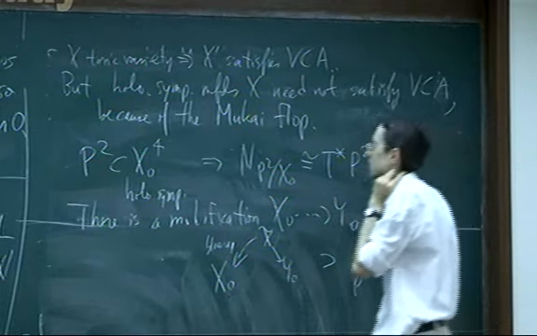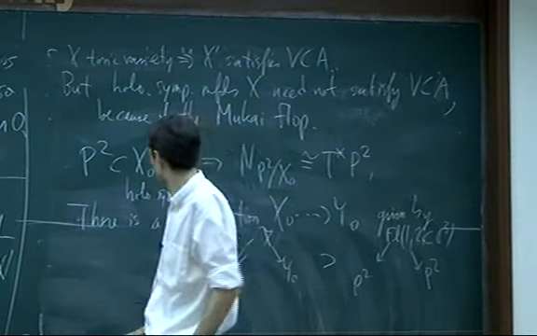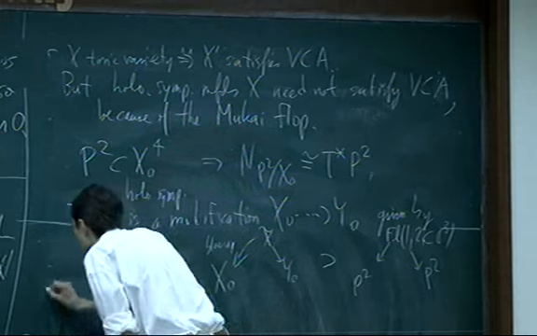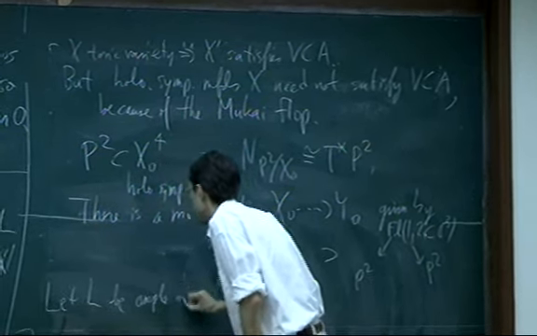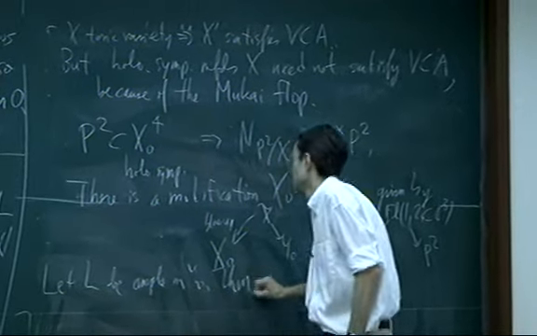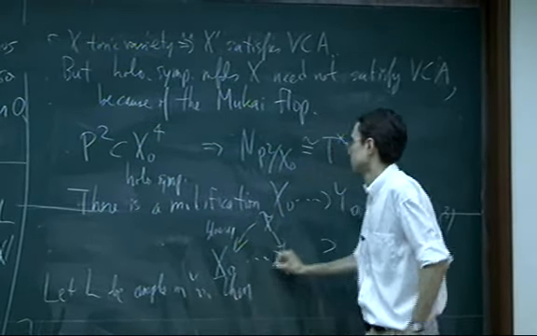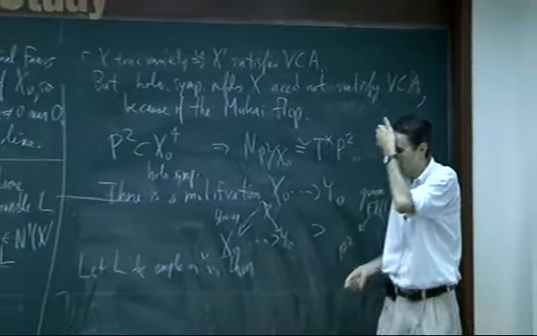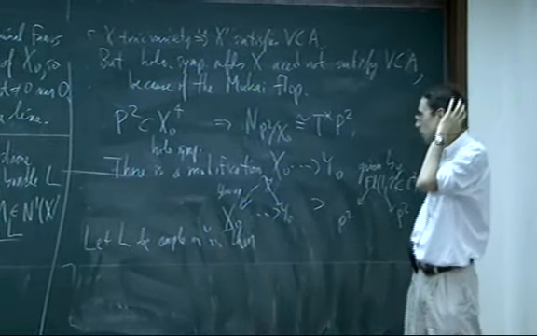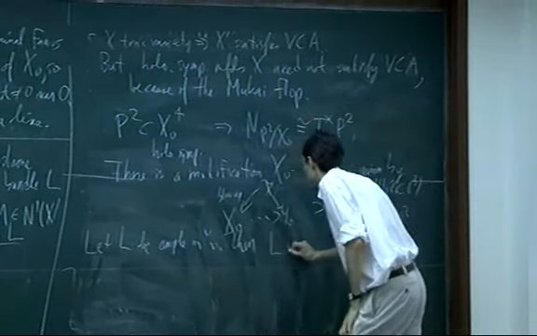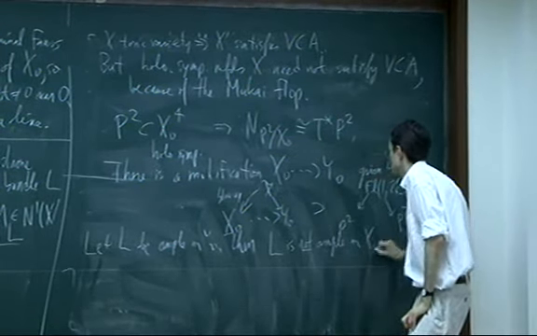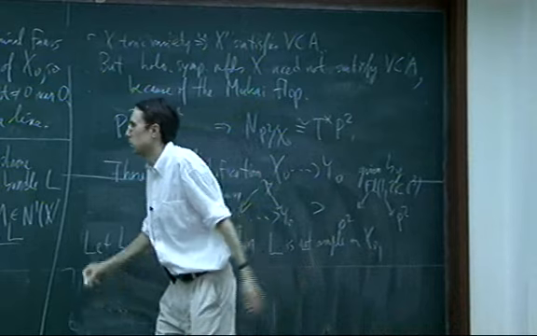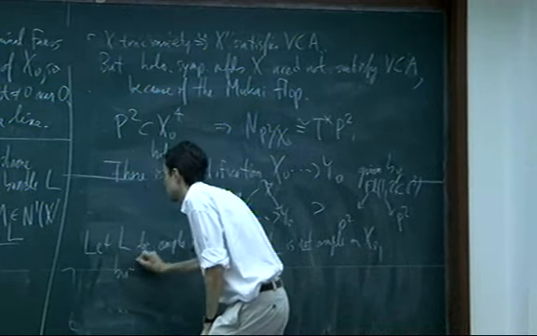And this other variety is also smooth and holomorphic symplectic. Okay, and in this situation, what can I say? If you take L to be an ample line bundle on y naught, then look at the corresponding line bundle on x naught. This is a modification because we're only changing things in codimension 2. Then L is not ample on x naught, but it looks ample from the point of view of the volume criterion for ampleness.